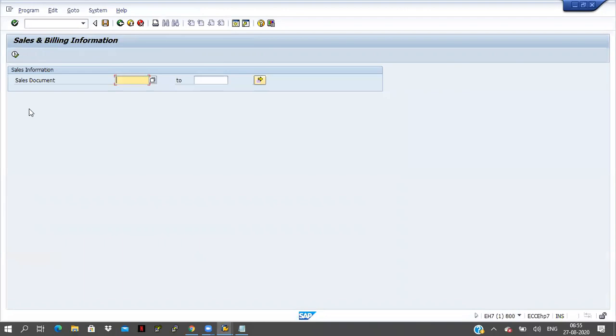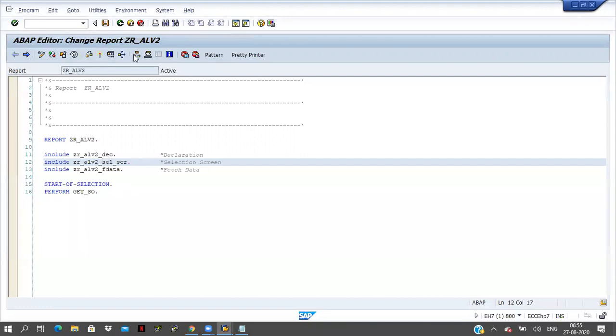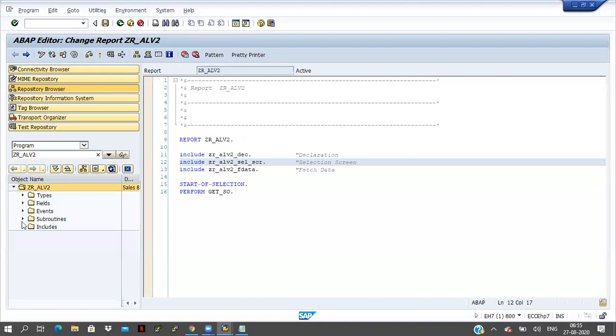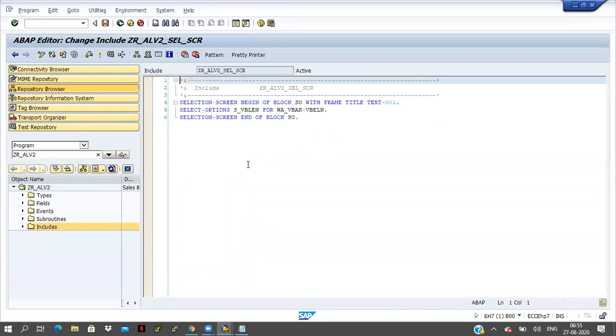So this is the input screen. I want to reduce the length of this one here. So click on this one. Here screens are coming, right? The selection screen event is there, right?